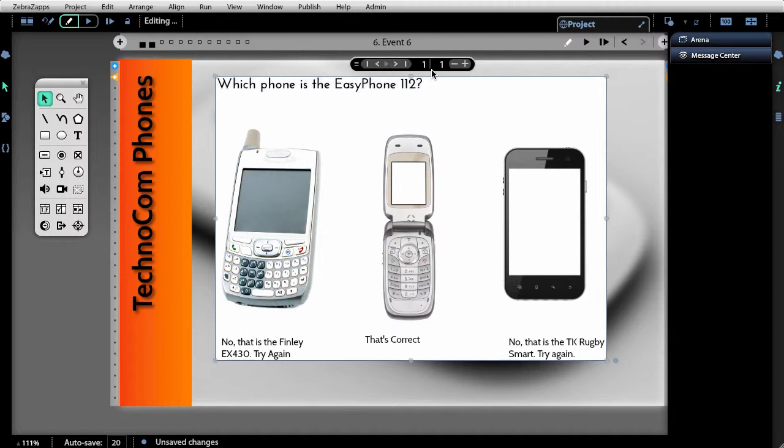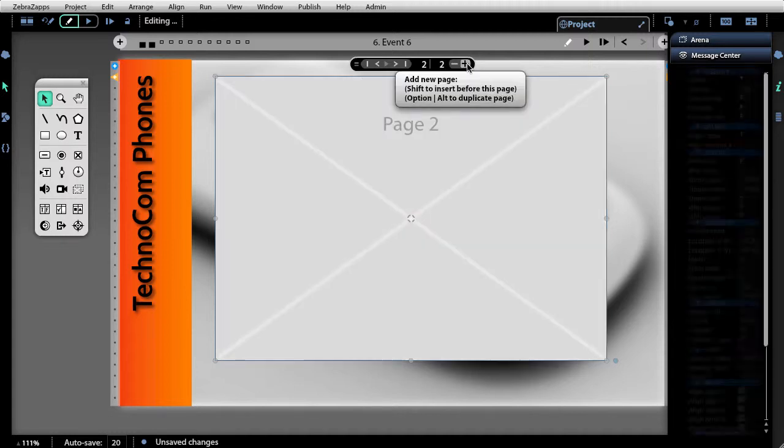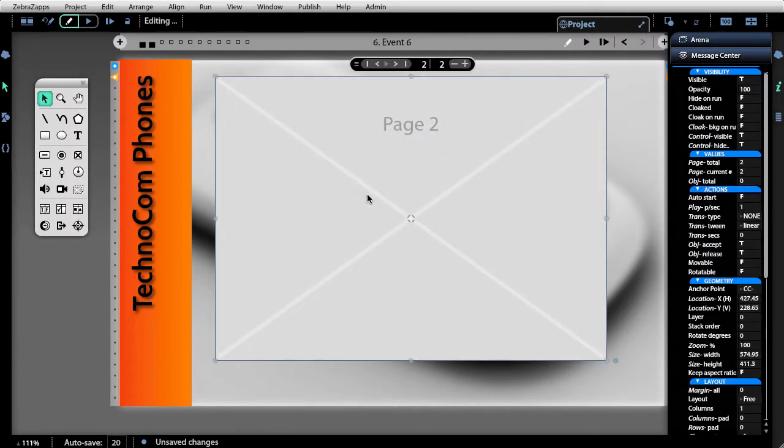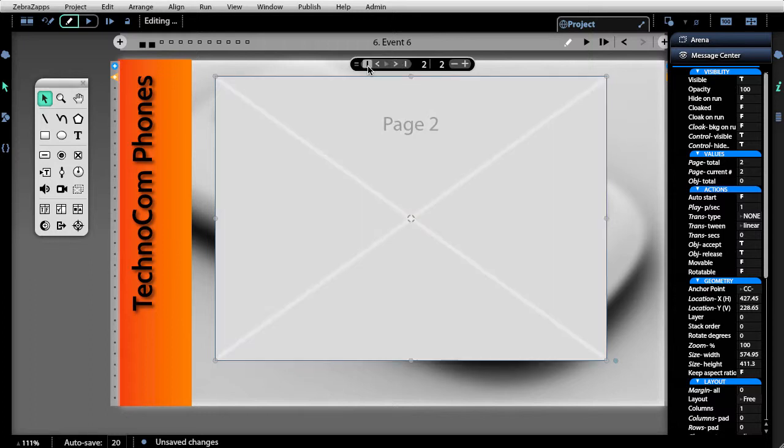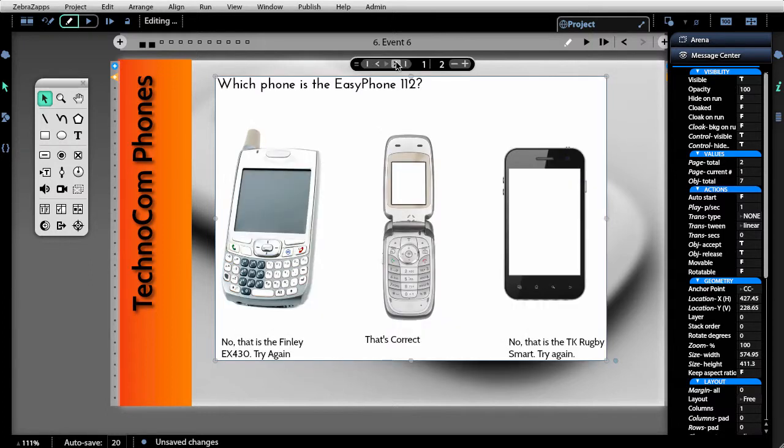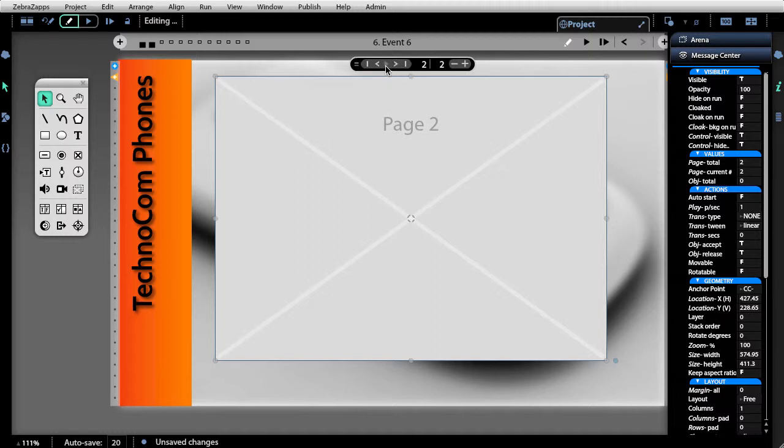Notice here it's also letting us know that we're looking at page 1 of our arena and there is only 1 page in our arena. So of course we can hit the plus button to add another page. Notice this is page 2. We're on page 2 of 2, and I can use my controller to now navigate back and forth. We've got some nice details about the arena controller in the learner's guide. I invite you to take a look at that, as well as get comfortable with just paging between these two. The middle button here is a run button or a play button,